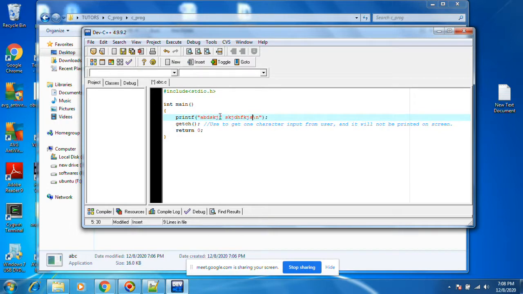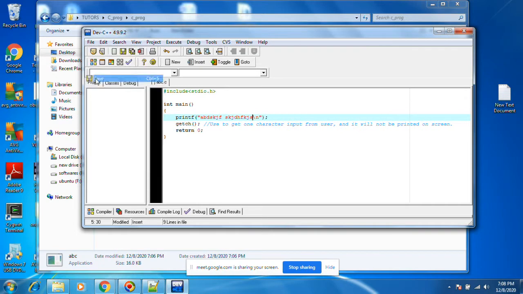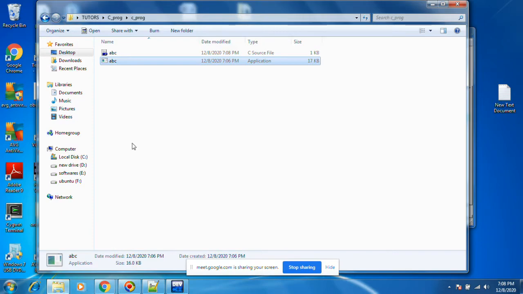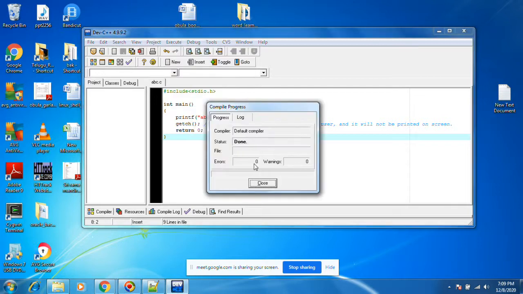First of all, you need to save this file. Save. And then again execute, compile. If you do run directly, it will run the previous version of the file. That's why when you update a new program, you execute, compile again. It will check for any errors. Status done.